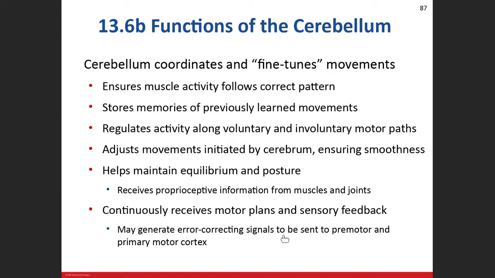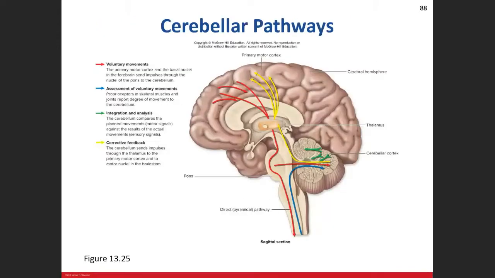If you look at this picture, you can see some cerebellar pathways. Look at here. The cerebellar pathways are input to the cerebellum from the motor cortex of the cerebrum and the pons. And the sensory input is relayed from proprioceptors to the cerebellum. Within the cerebellum, the integration and analysis of input information occur, and a corrective feedback output is made here, and it goes to the